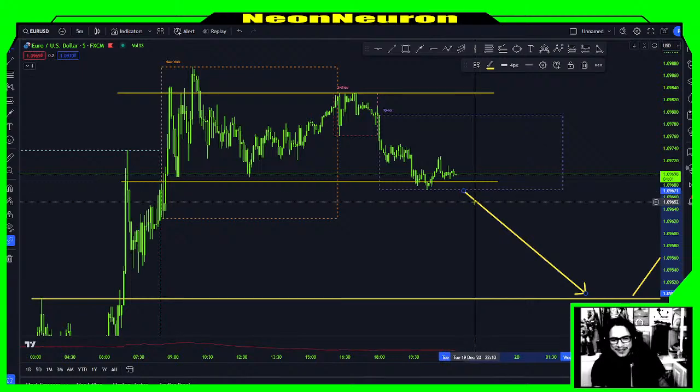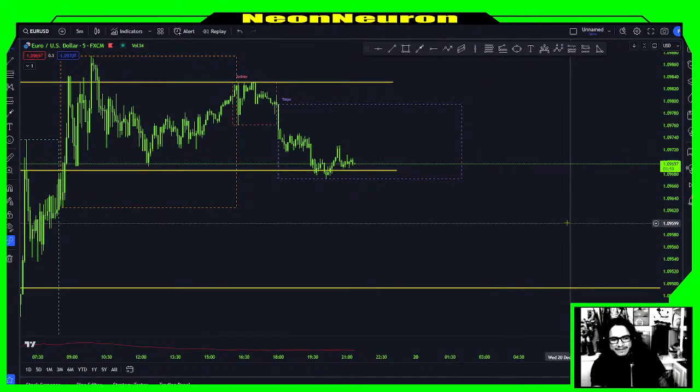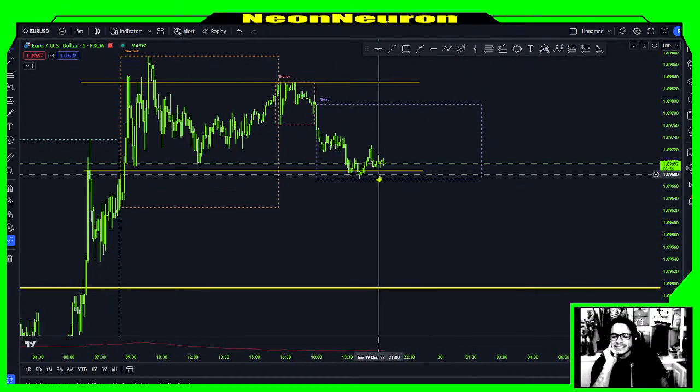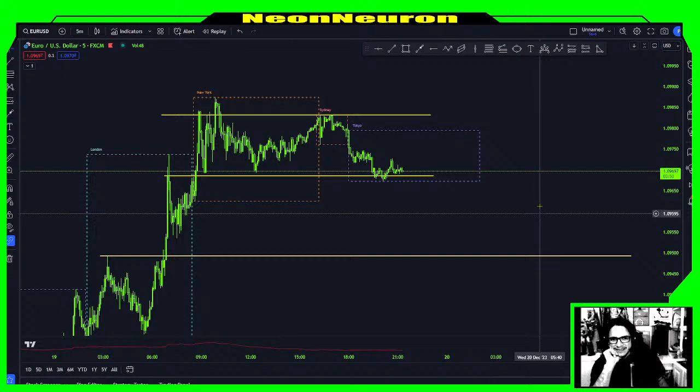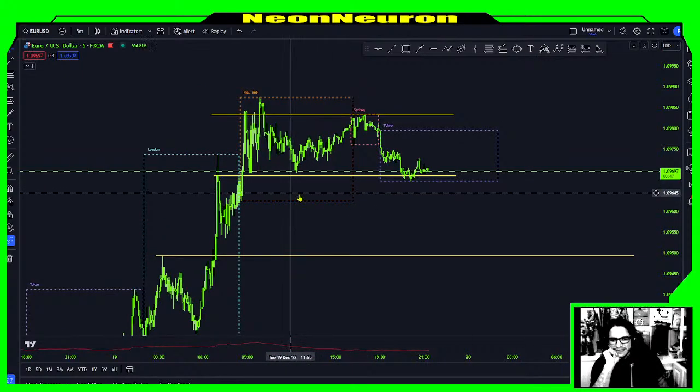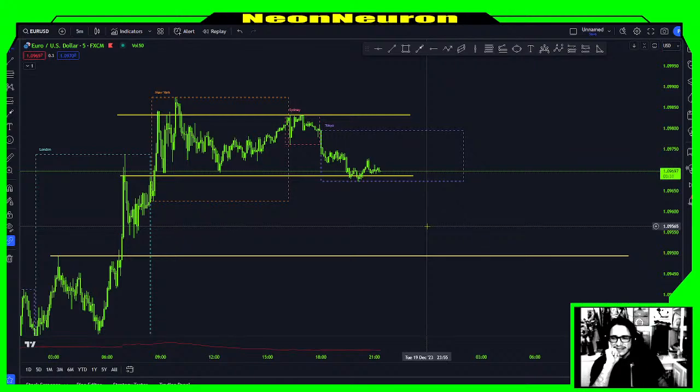We're looking at the chart. We're seeing what we're expecting it to do. We're looking at the possibilities and checking out the probabilities. So we could buy right here. But since I'm expecting price to go lower before the London Open, I'm going to wait. Because that just feels smarter to me.